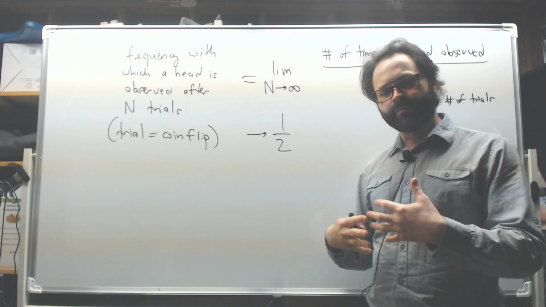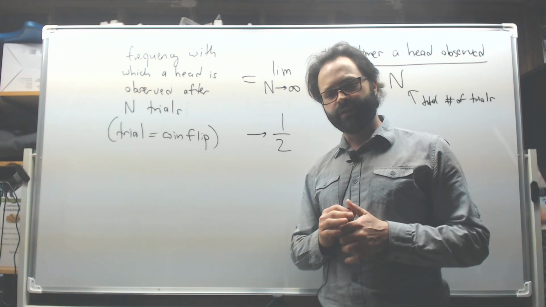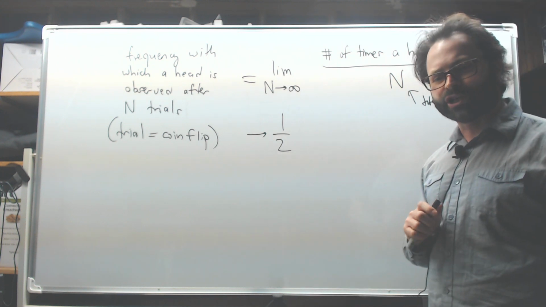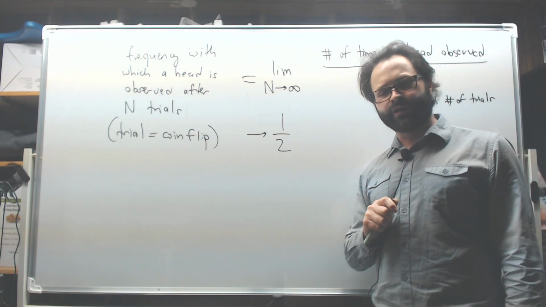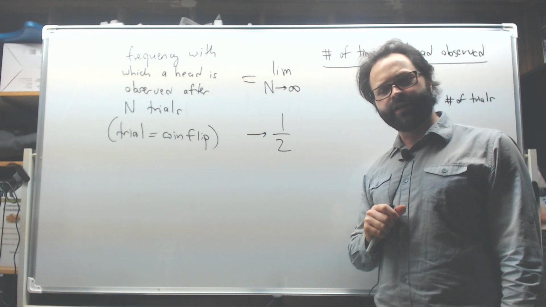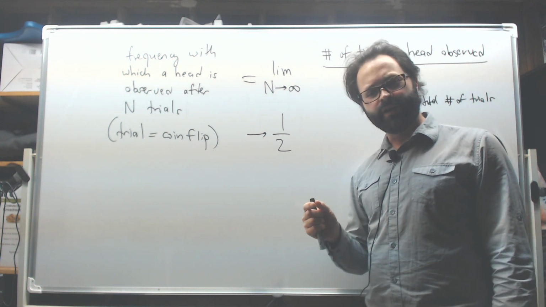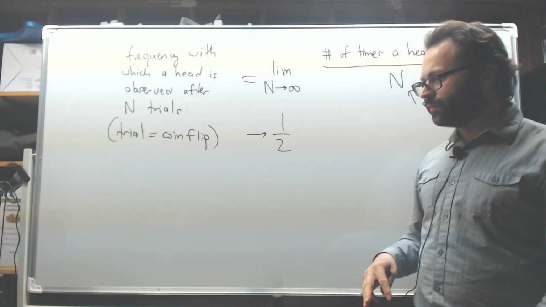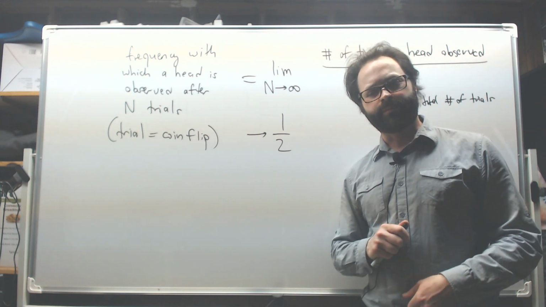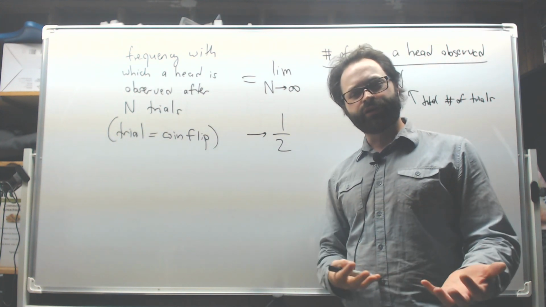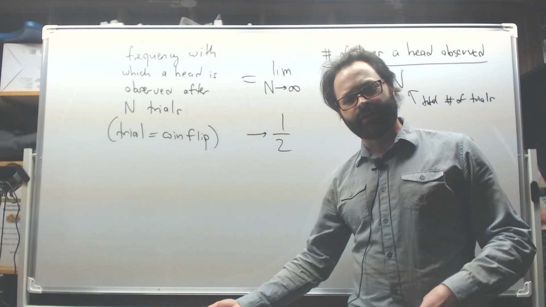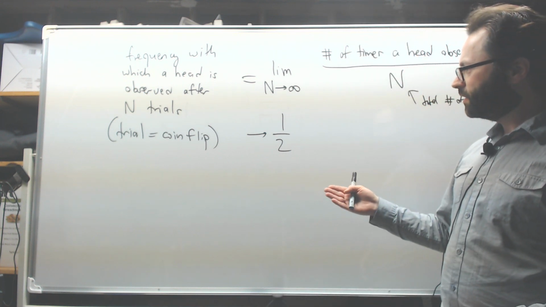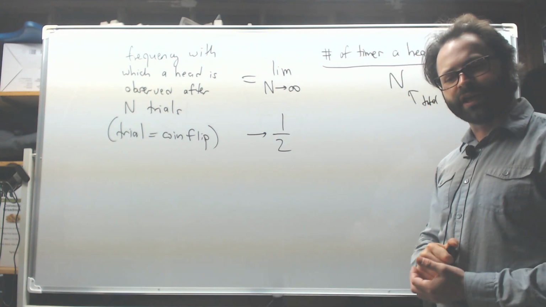And so we feel compelled to assign this probability in this case. Whereas in this case, we are assigning a degree of rational belief in obtaining either a tail or a head. What we're saying is that because the coin is perfect, and because there are only two possible outcomes, or two sides to the coin, we have no reason to prefer any one of these outcomes. And so our degree of rational belief is identical whether it's a tail or a head. We don't think any one is preferred. And so we expect that half the time we'll get a head and half the time we'll get a tail.